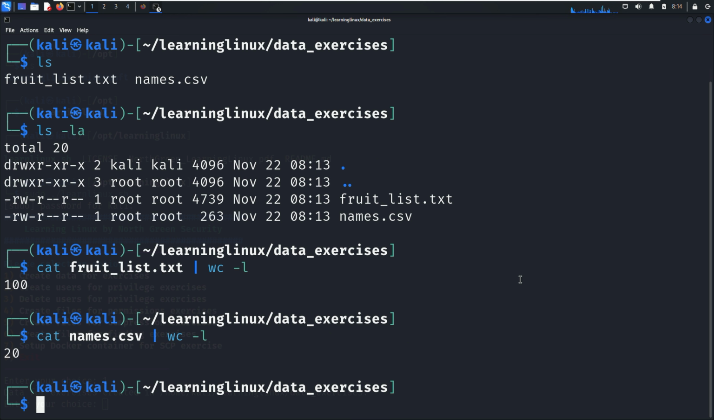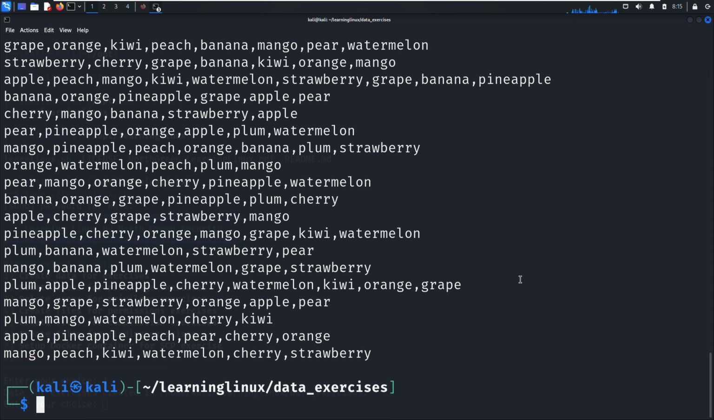So if we first of all have a look at the fruit list file, this is a file that is comma separated, just like a CSV, but it's saved in a text file. And we have lines of varying length where we've got lots of different fruit, as the name would expect. What we can do is we can try and figure out every line with the occurrence of one of these fruits in there. So for example, if we want to find every line that has the word cherry in it, we can use